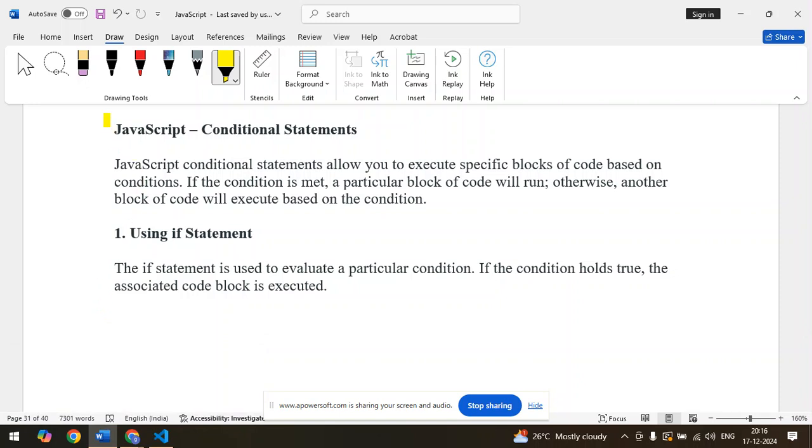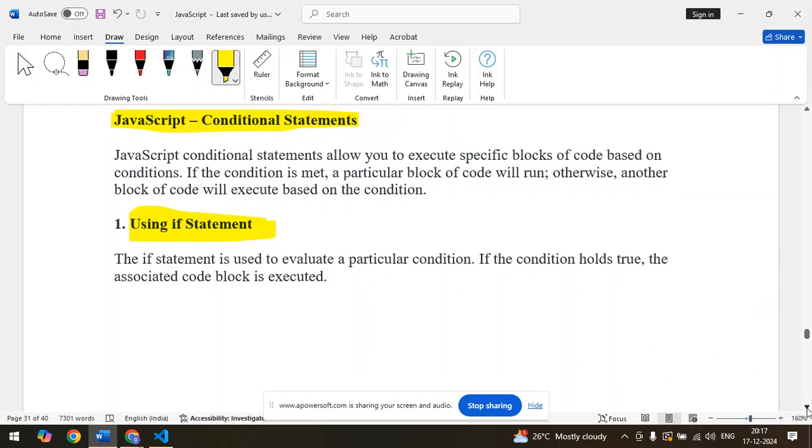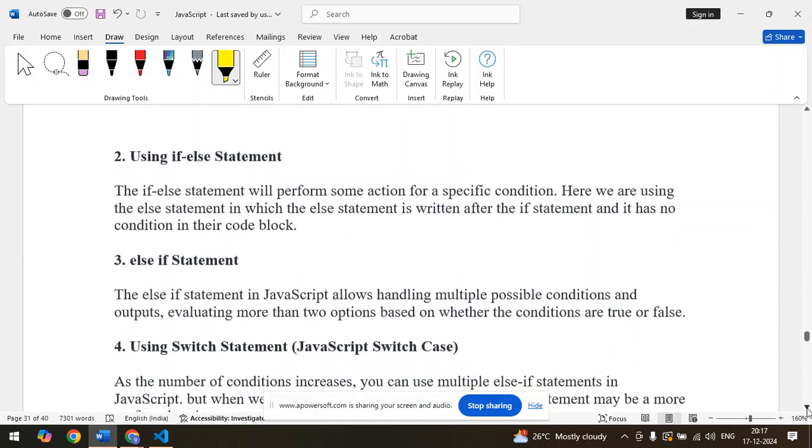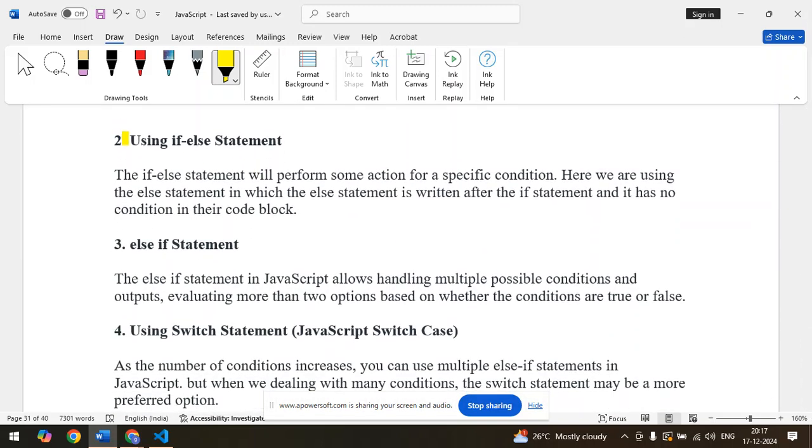So now let's continue with JavaScript conditional statements. What are JavaScript conditional statements? JavaScript conditional statements allow you to execute a specific block of code if their condition is met. So you have the if statement, the if else statement, the else if statement, and the switch statement, as we all know,